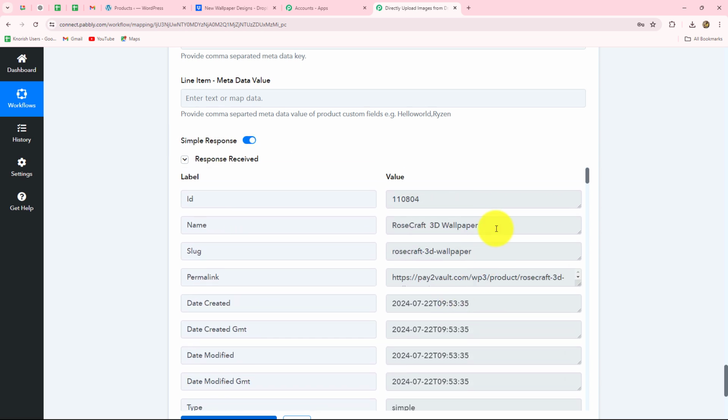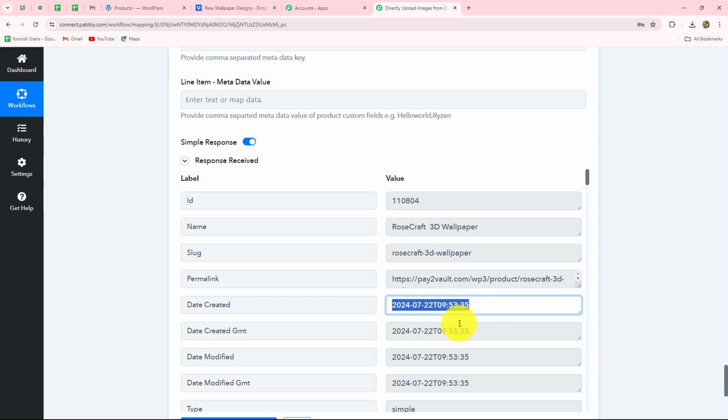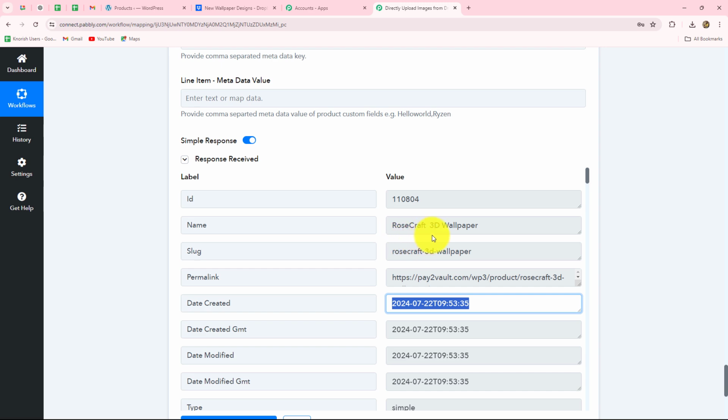In this response, we have received the name of the product which is uploaded. Here is the permalink of the product, and this is the ID of the product. Date and time is also received on which the product is created. So let's go and check whether on our WooCommerce store the product with a name as Rosecraft 3D wallpaper is